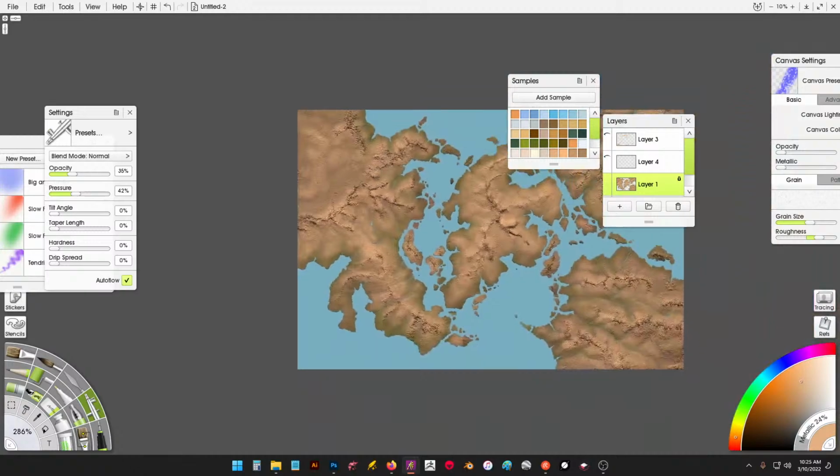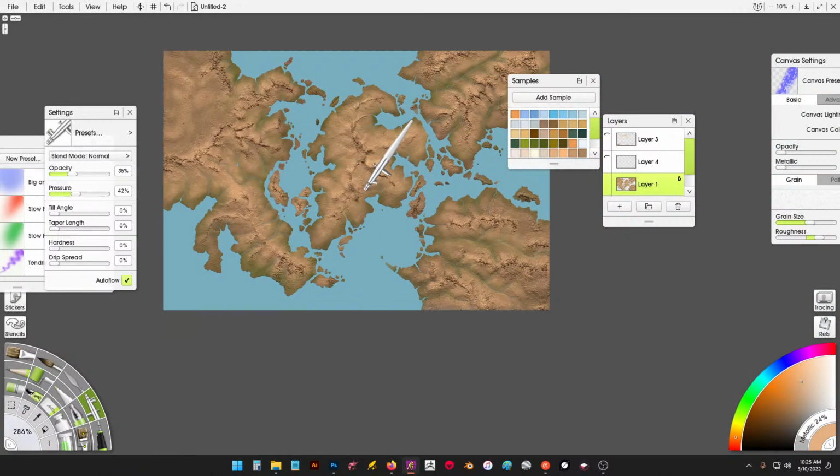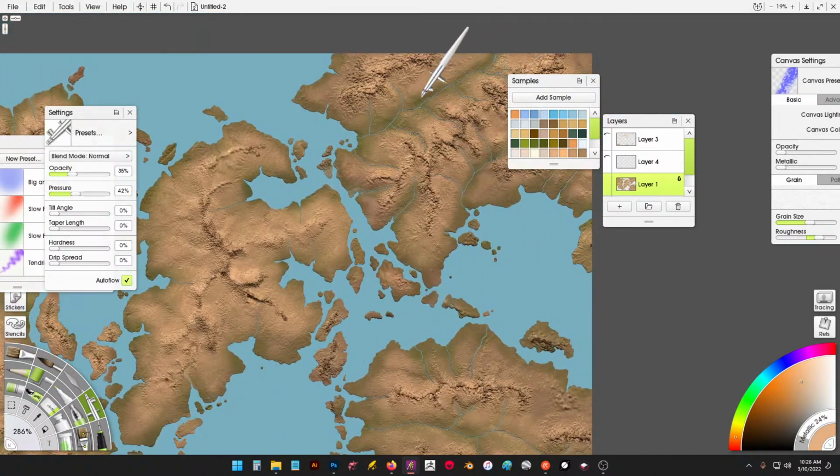Okay, let's look at our map. All right, cool. We're getting there. In fact, one could say we are there. I want to add some more color up into this area because I want this still. This area, I want this dry. Now we will add our